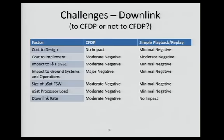Initially, when the mission was proposed, one of the things that was considered was the CCSDS file delivery protocol, which on more recent missions has become a lot more popular, and I've even seen it to the point where when the mission's spec'd out, it puts it as a requirement to do CFDP. And initially, in the early stages when this was proposed, CFDP looked like a viable alternative for getting the data